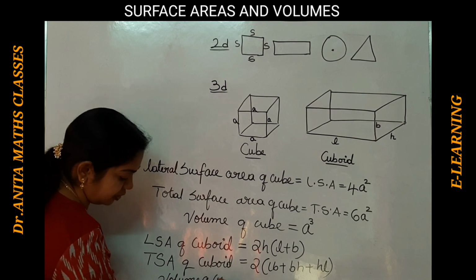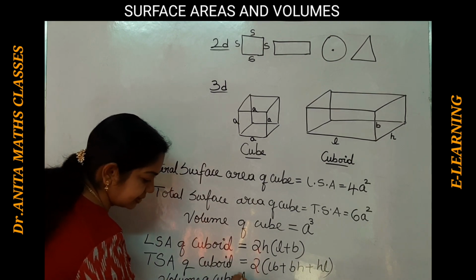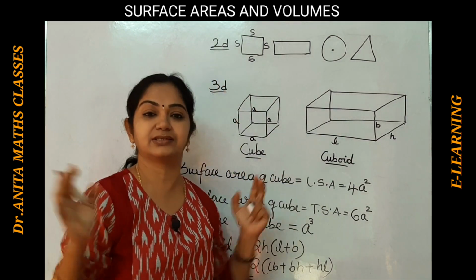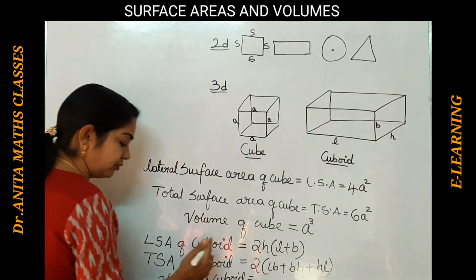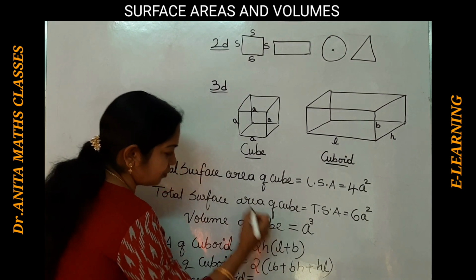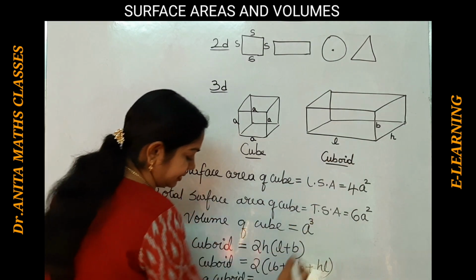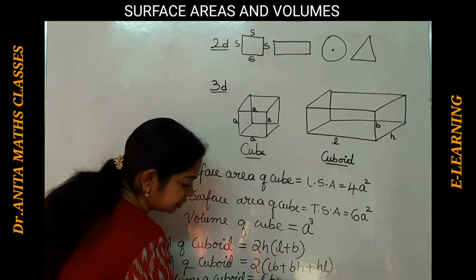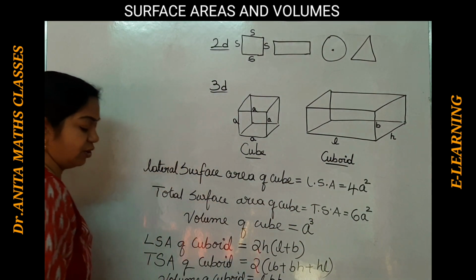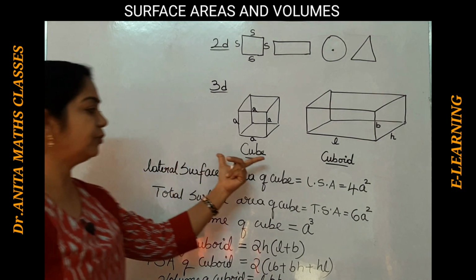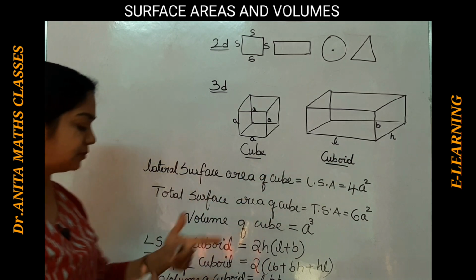Whereas volume of cuboid, volume is nothing but the capacity. Okay, in your classroom, how much air, the total air present in the classroom, how do we calculate? With the volume. So volume we can calculate with length, breadth and height. So L into B into H is the volume of the cuboid. So these are the formulae for the cube and the cuboid. Quickly pause the video and note it down.